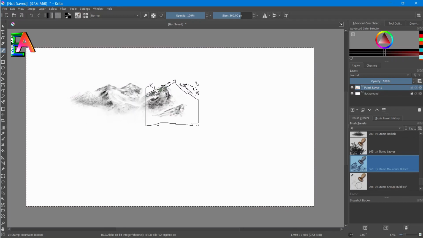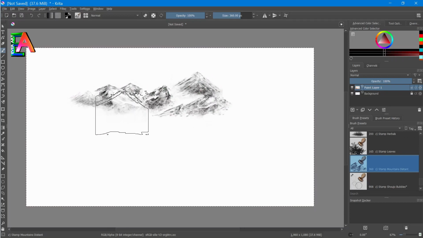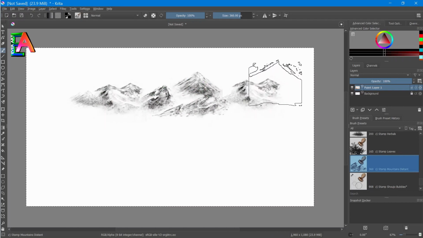I am making a scenery, and if you apply more pressure, then the size of this mountain will become larger and larger. So keep control on your mouse or on your pen, because this effect will not be affected in case of mouse. You have to adjust the size of this mountain from here, but if you use a pen tab, then you will be able to change the size of the mountain by changing the pressure of your pen.